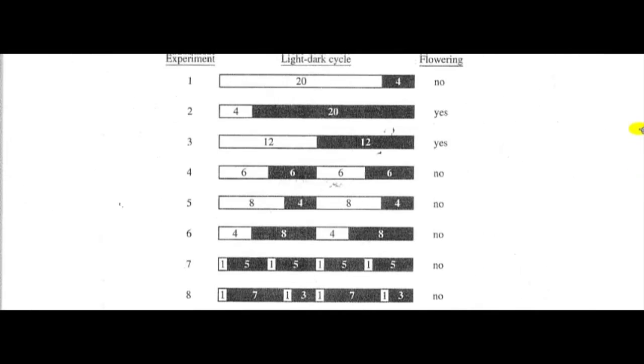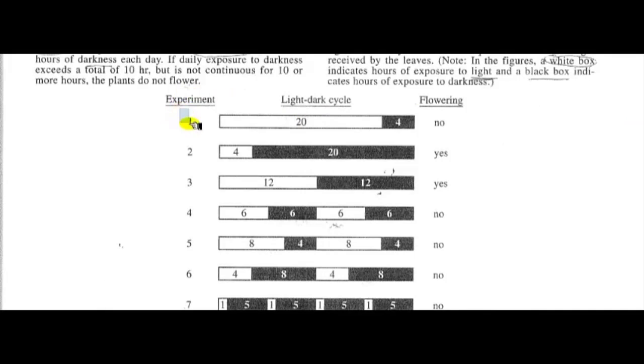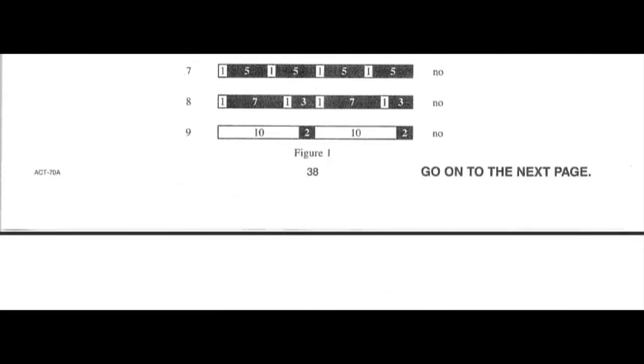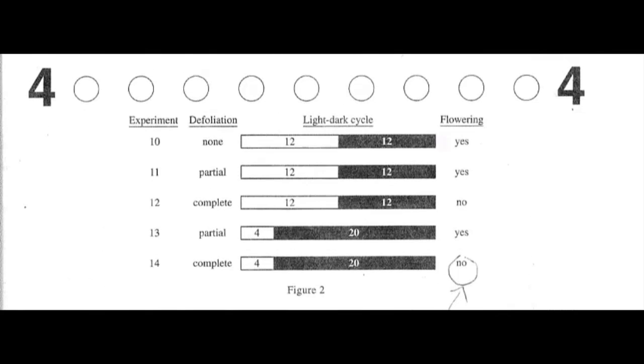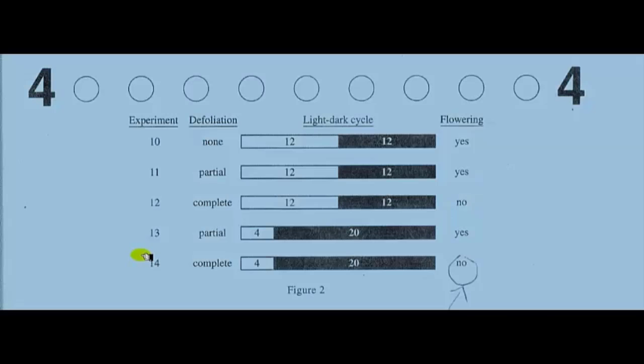If you go back up here, experiment 1, without even looking at 2 and 3, you see it does not flower. So that is right away an answer choice that we can cross out. When you come back over here and you look at the next answer choice, which is experiment 10, then 12, and 14, we're going to be in figure 2. Let's look at 10. Here's experiment 10. Yes, it does flower. Let's keep it. 12, no flowering. 12 is out. And 14,